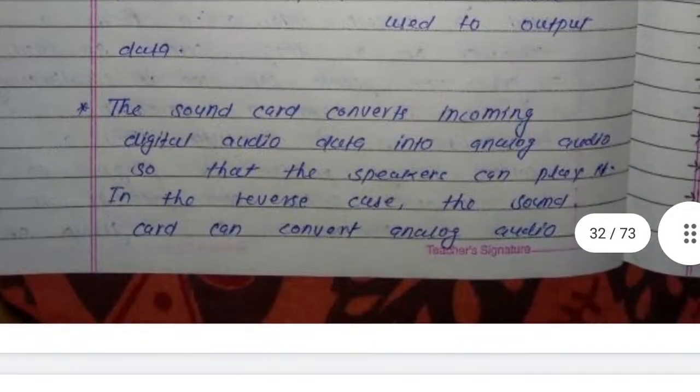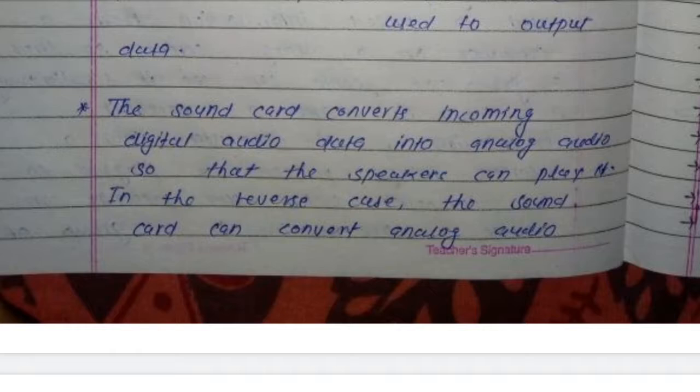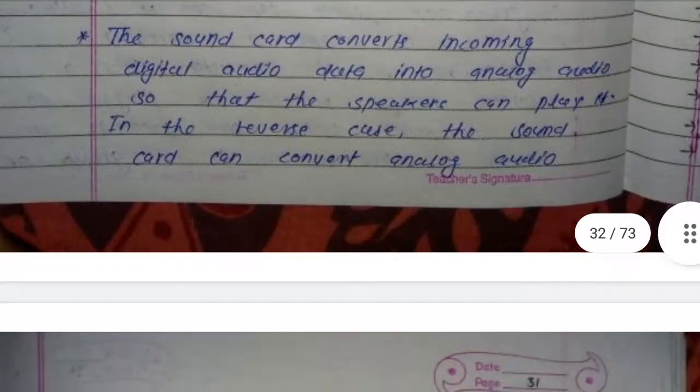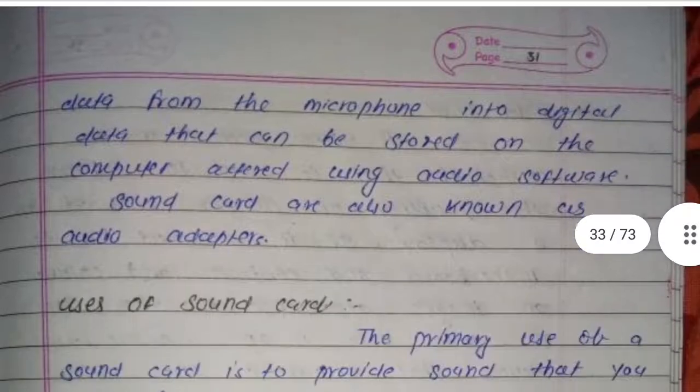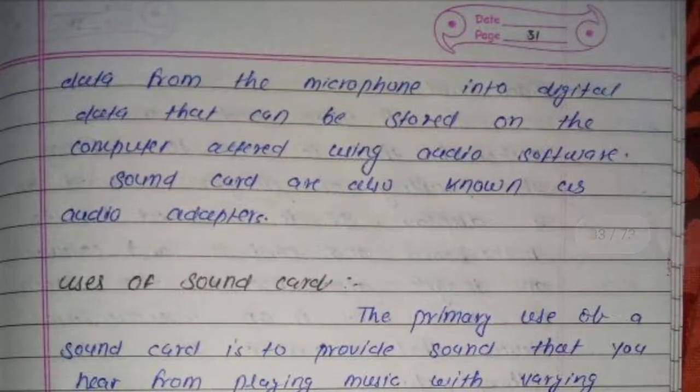The sound card converts incoming digital audio data into analog audio so that the speaker can play it in the receiver. In the reverse case, the sound card can convert analog audio data from the microphone into digital data that can be stored on the computer and altered using audio software.